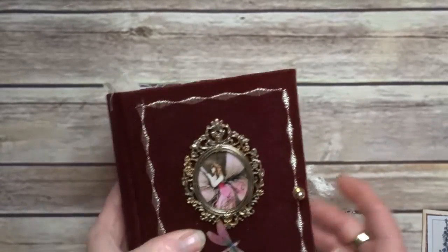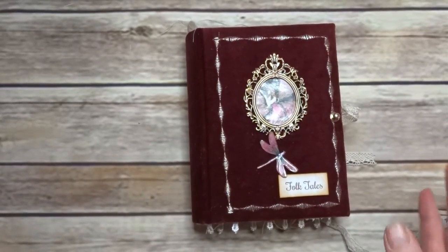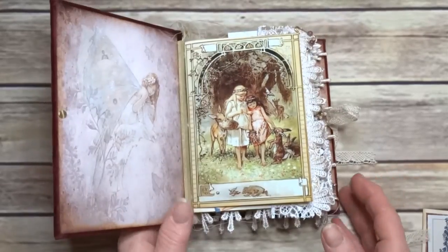This has been, I have to say, quite difficult trying to make it small. I'm used to working big, so this was quite